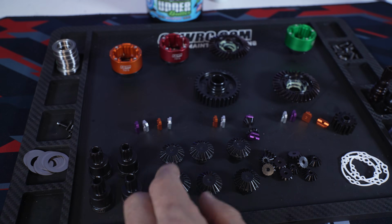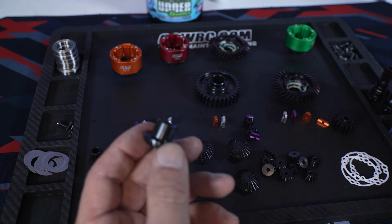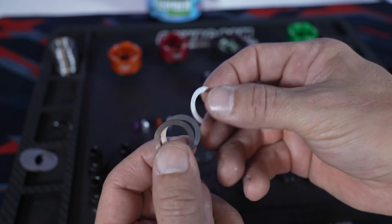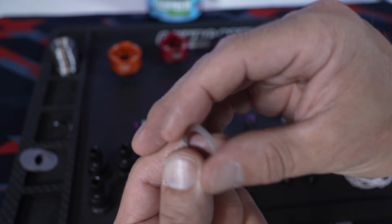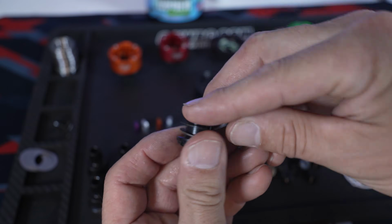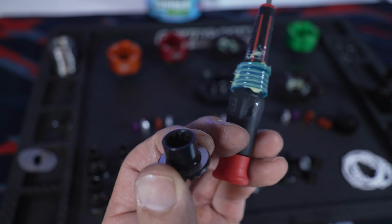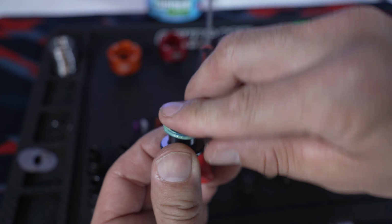Now, before we lube up the case or put the gears in the case, you're going to want to install your shims. These come with the spider gears. I like to use 3. Make sure those are lubed up. And I use 3 on every single sun gear. Take your lubed up O-ring,